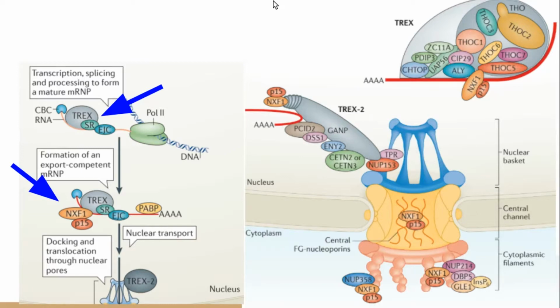NXF1 is simply an mRNA binding protein that can only bind to mRNA that is in complex with the TREX complex. So TREX binds to mRNA during or after splicing, frees it from the nuclear speckles, and once TREX has assembled itself on the mRNA, the NXF1 protein is then able to bind the mRNA. The TREX complex kind of unlocks the NXF1 protein and turns it into an open conformation that can now bind RNA. Once the mRNA TREX NXF1 protein complex has constructed around the mRNA,